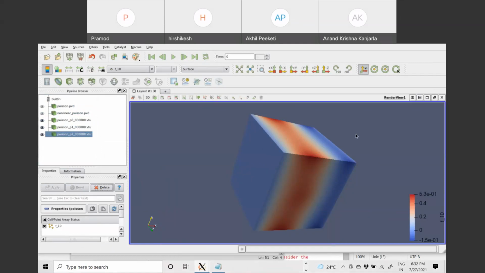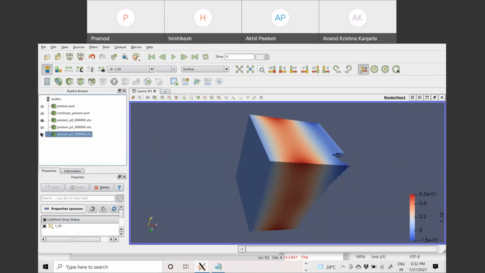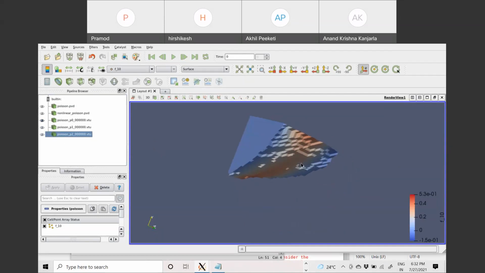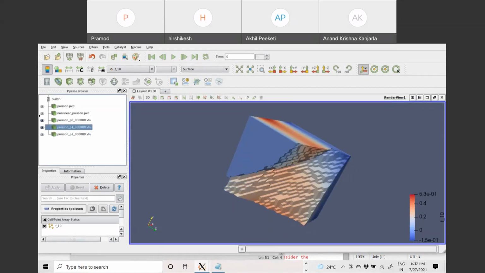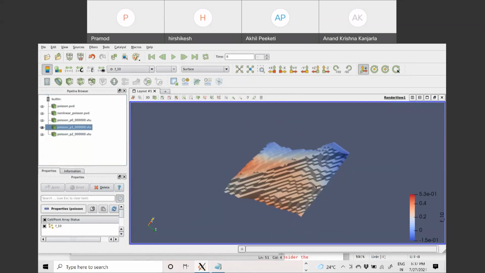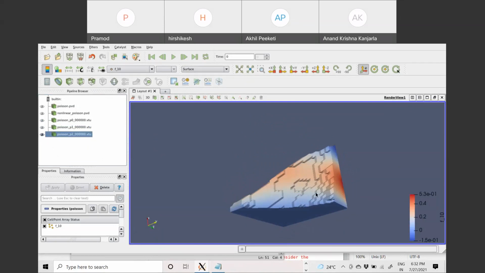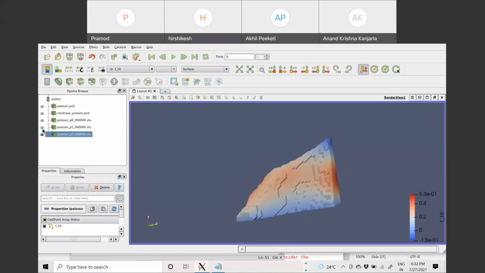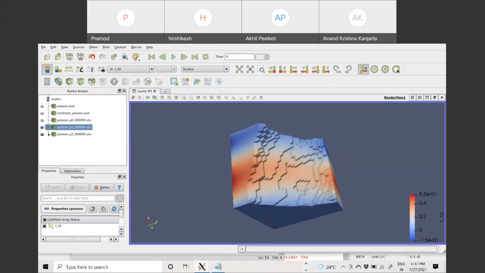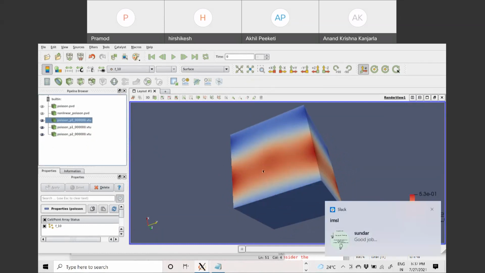Yeah, so this is the complete domain actually. But as we have run in parallel, FEniCS will divide it into 3 parts. So the first part is this one. The second part is this one. And the third part is this one. So it runs in 3 parallel cores, and then it throws the solution